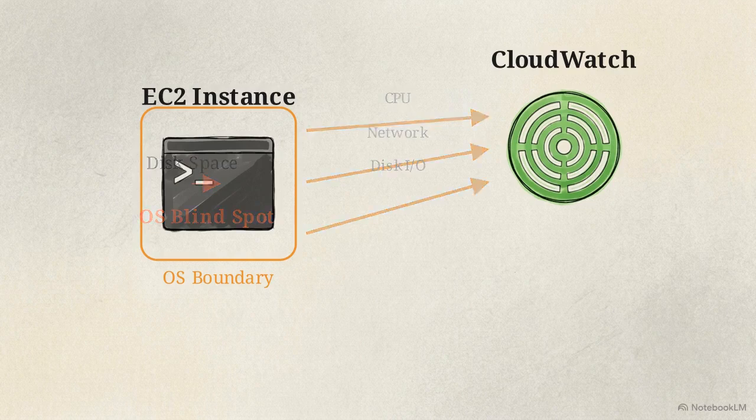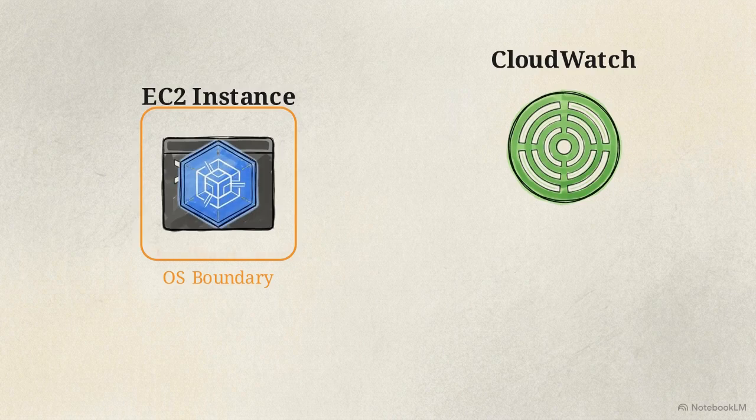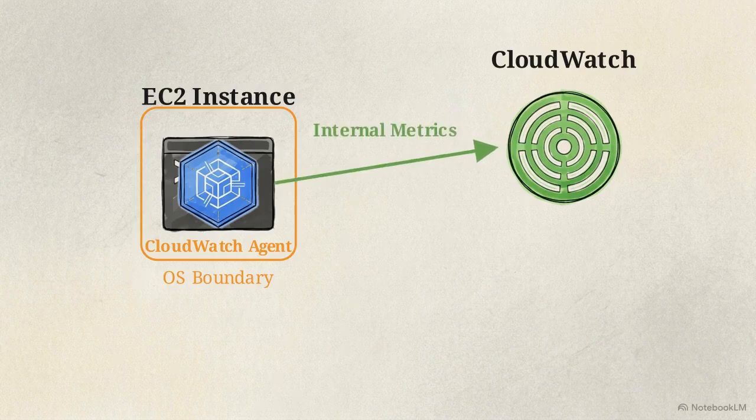To gain visibility, we have to bridge that gap. We do this by installing the CloudWatch agent directly on the guest operating system. This agent gathers internal metrics and transmits them back to AWS, allowing us to build an automated alert system for